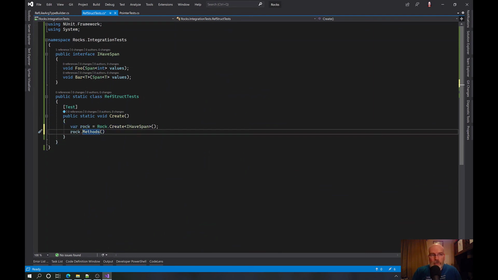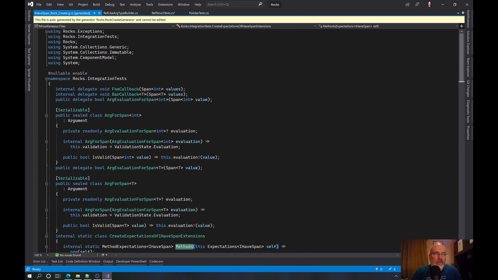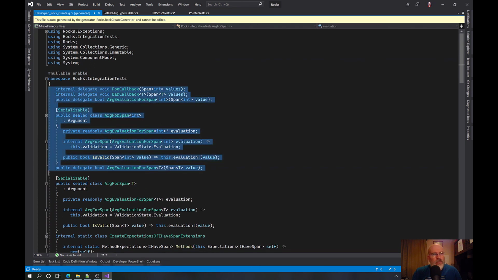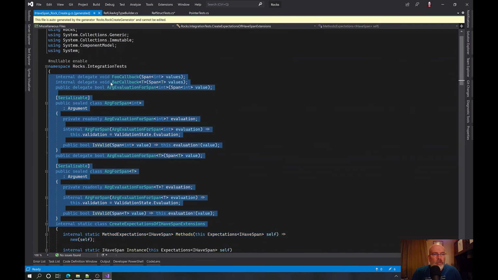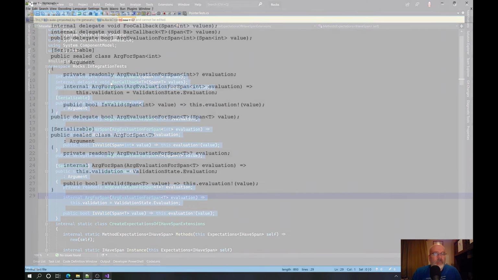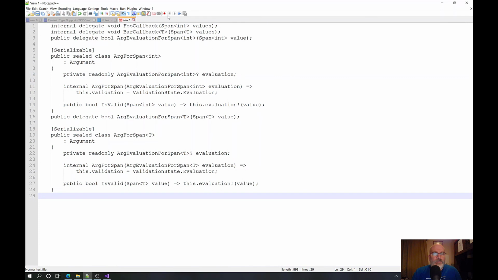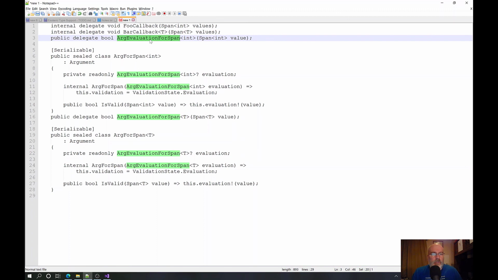Because what I want to do is, why did it do 2? Oh, I know why it did 2. Well, it's funny because the reason it did 2, because the bar does have a T, this one doesn't. And so that's interesting that it did not do an evaluation. Arg evaluation for span T. It must have thought there was 1.